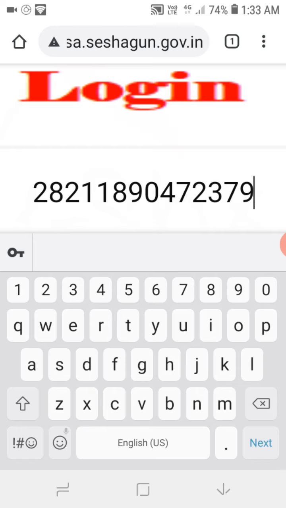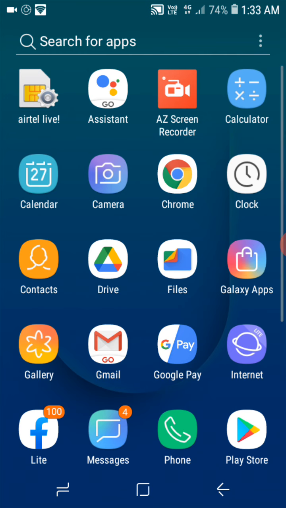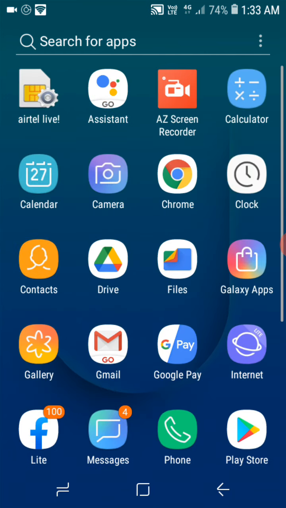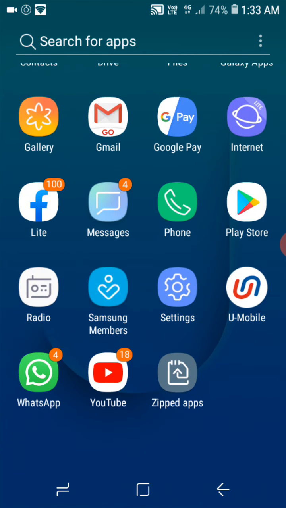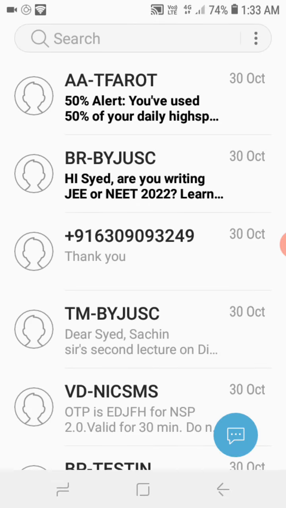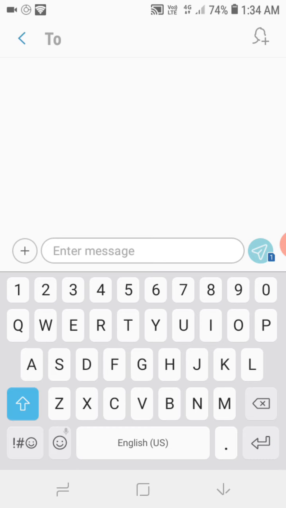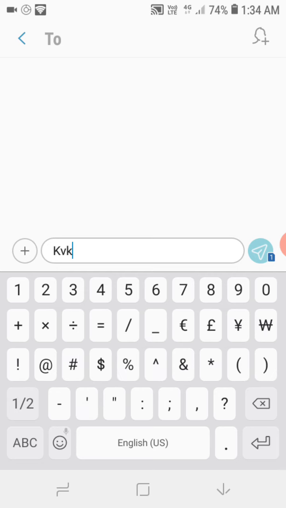For example, here I will show what password you have to type. In this message box I will show you an example: capital K, small v, small k, 2020, at the rate.